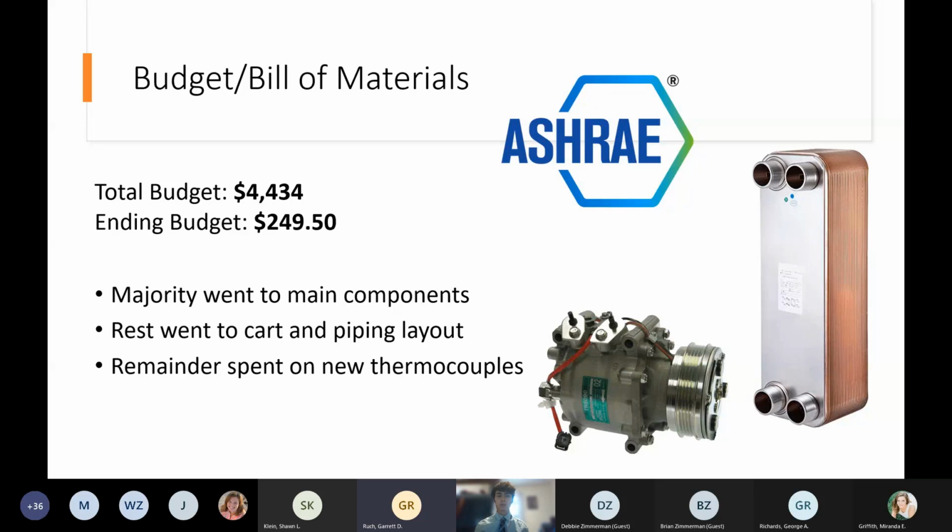So we started with a total budget of about $4,434, which was kindly granted to us by ASHRAE. And this turned out to be just about exactly what we needed. $2,400 was spent on the main components of the system, including the scroll compressor, pump, heat exchangers, motor, flow meter, pressure gauges, and thermocouples. The single most expensive item was the scroll compressor at about $425, although both the heat